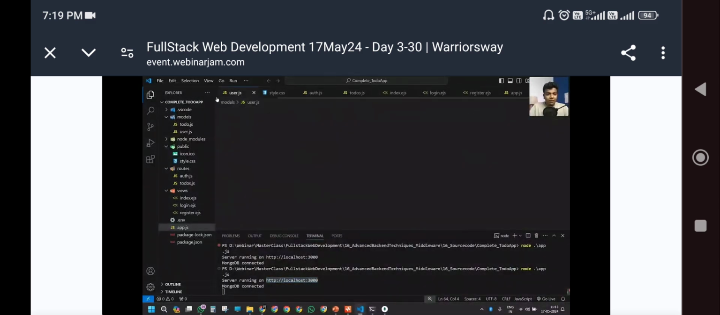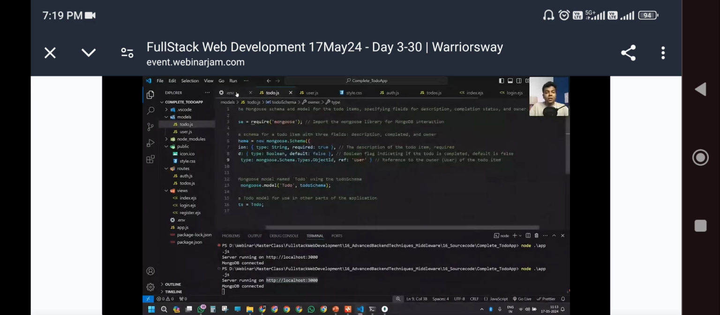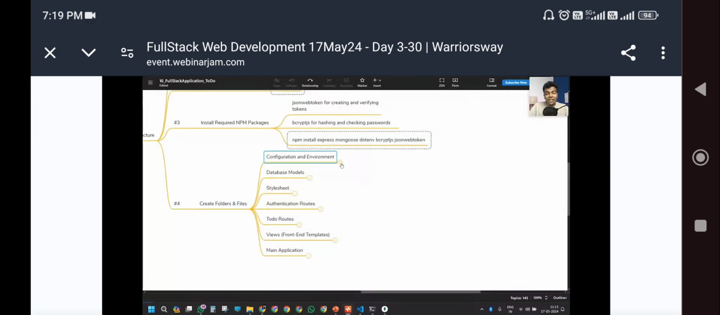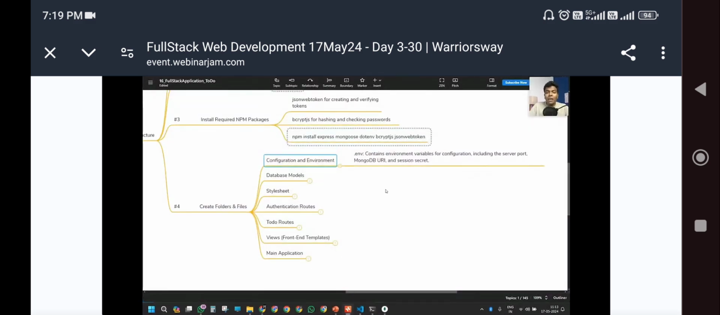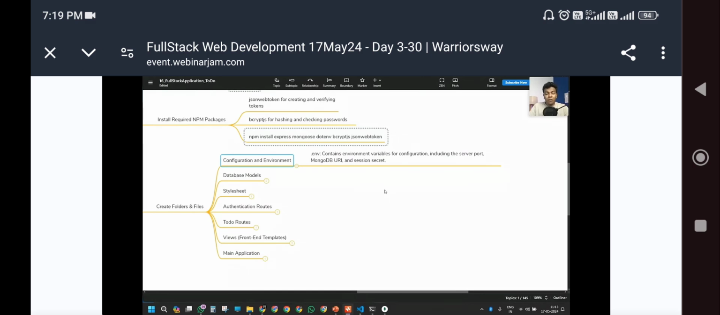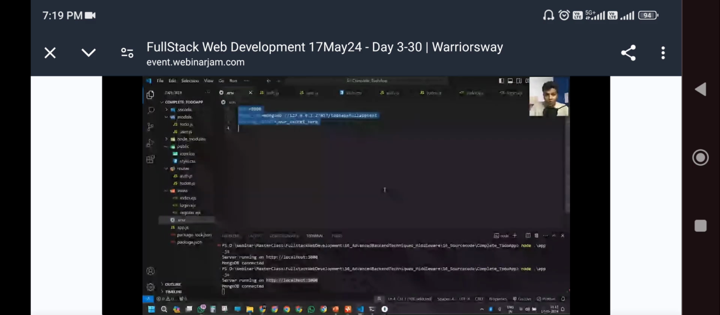So for an example, what is the first thing? Configuration and environment. I hope you all really remember. Whenever you are going to access the MongoDB, you are going to access it with the help of these environment variables. First of all, we have initialized the port number, and then the Mongo URI is mongodb://127.0.0.1:27017/todo-app-full